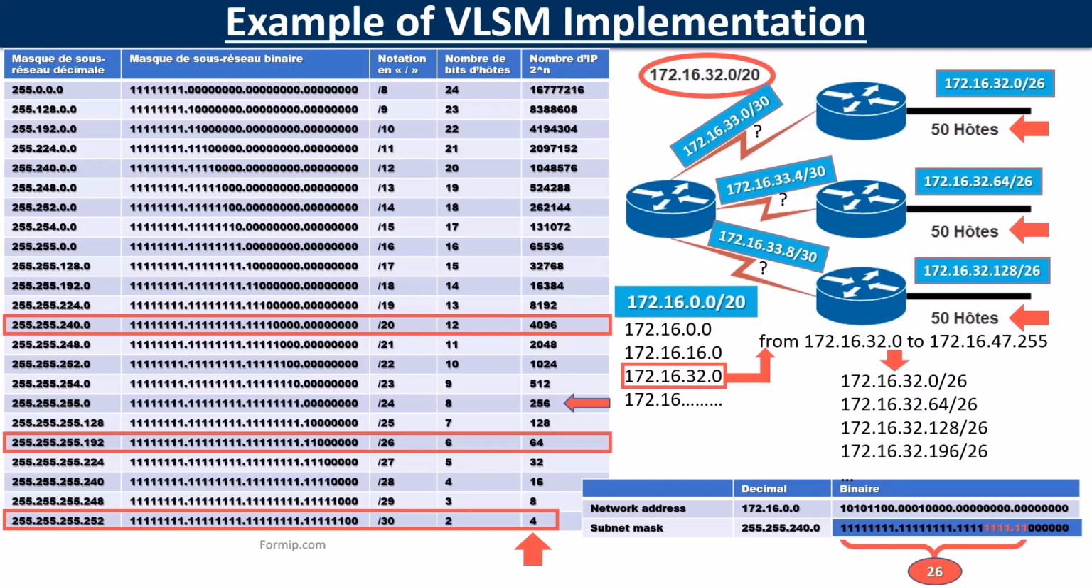We have /26 for networks with less than 62 devices, and /30 for our point-to-point networks. When we do VLSM, we must always start with the largest subnets for splitting, identical